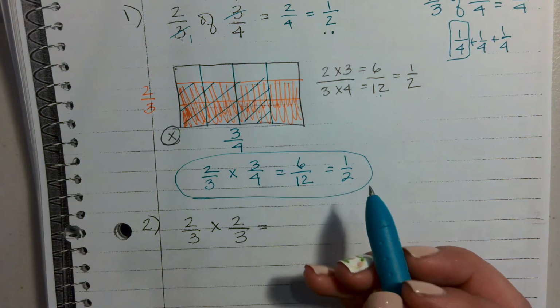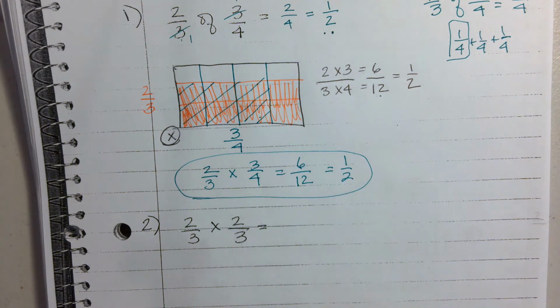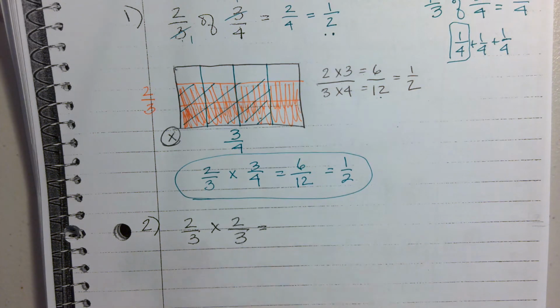So it's kind of cool. It's matching up. The denominator of the product gives us the area of the whole rectangle, so it'll be 3 by 3, and the numerator of the product gives us the area of the double shaded part. So let's go ahead